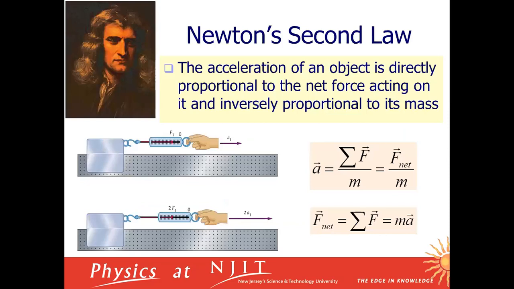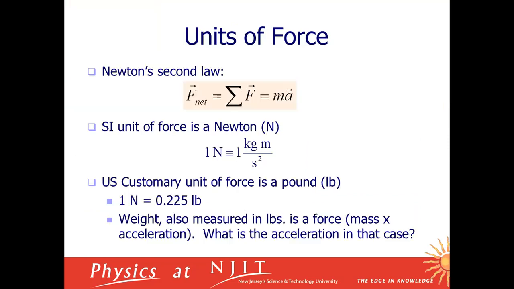So we have Newton's second law of motion. The acceleration of an object is directly proportional to the net force acting on it and inversely proportional to its mass. The summation of forces is equal to mass times acceleration, or acceleration is equal to the summation of forces over mass. The SI unit for force is 1 Newton, or 1 kilogram meter per second squared,